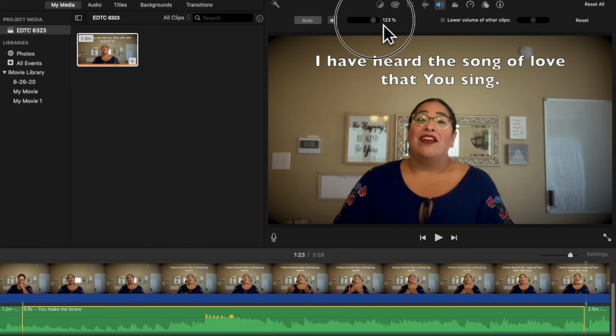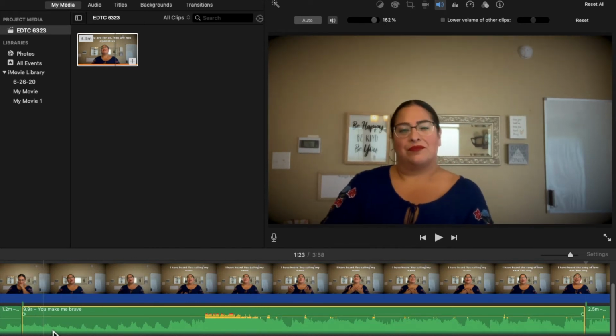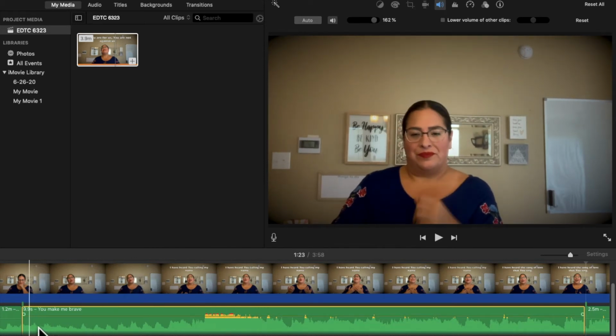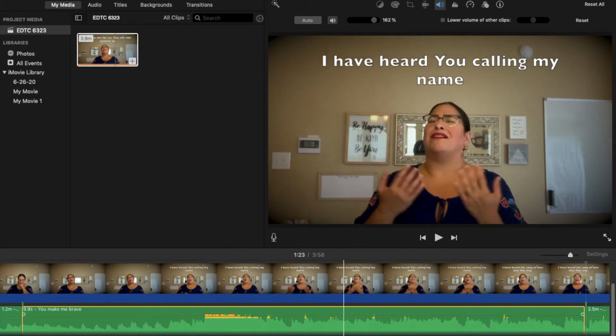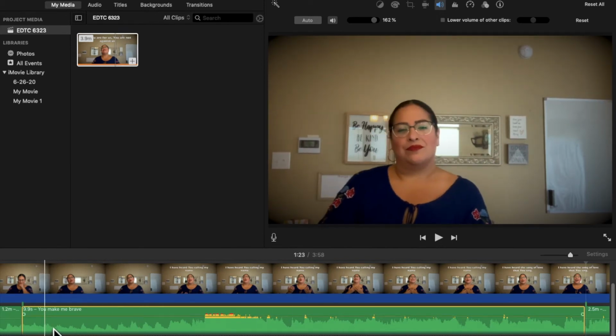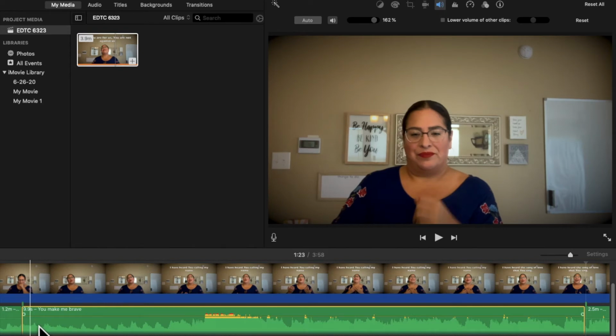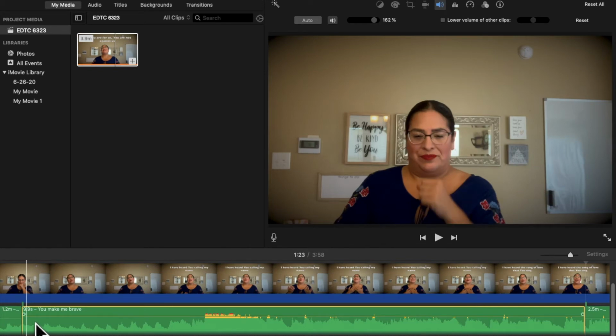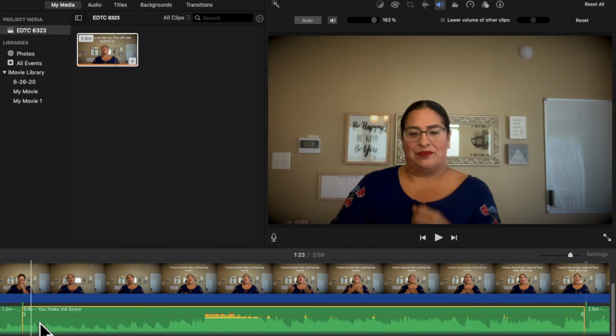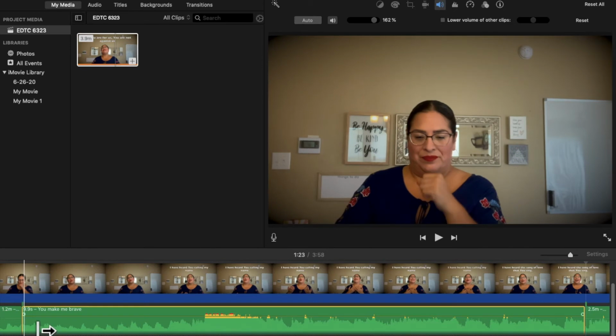So this is also another way you can accomplish the same thing depending on your preference and where you choose to access it. I also want to show you a way to do a fade in and a fade out with the audio. And that is accomplished by clicking over this tiny little dot that's here on the side, on the edge of our global audio level line,